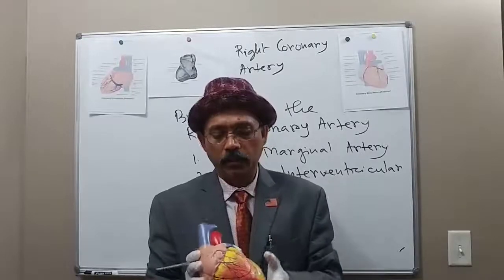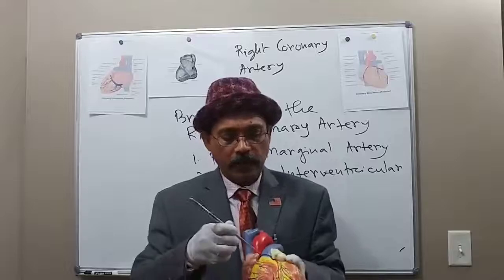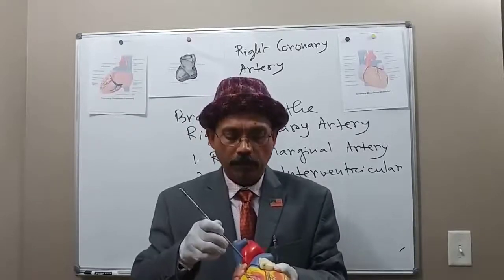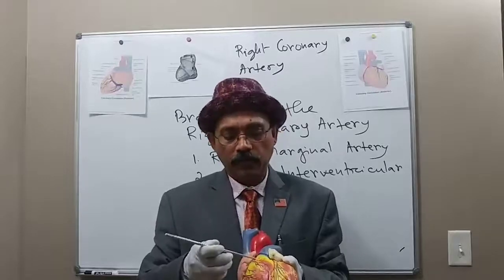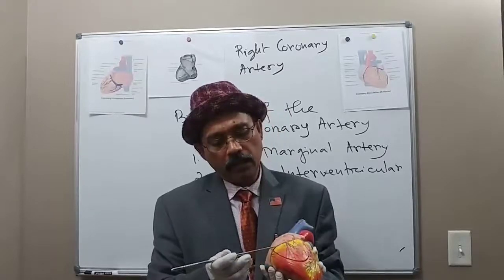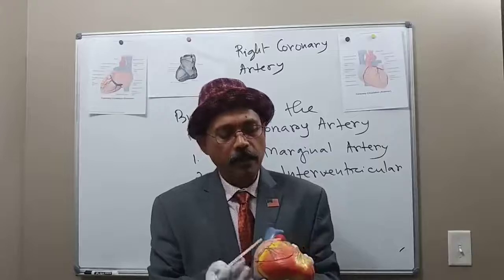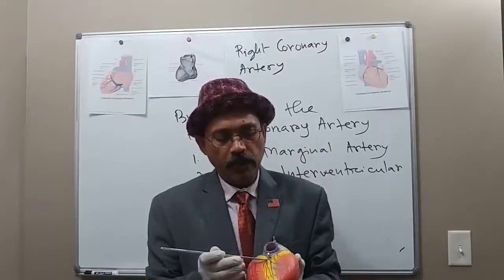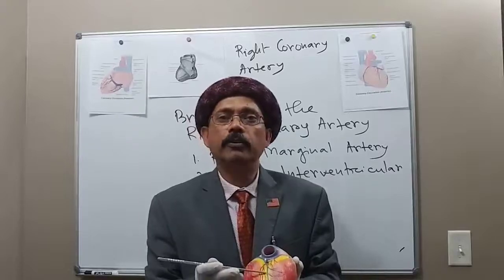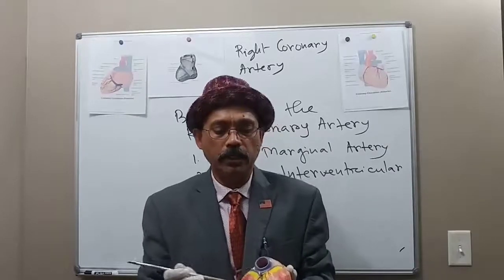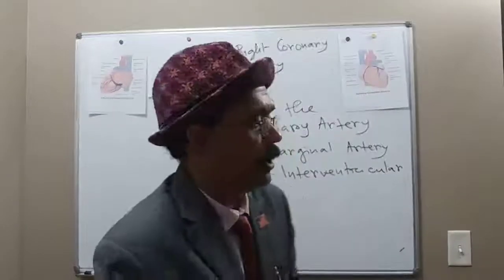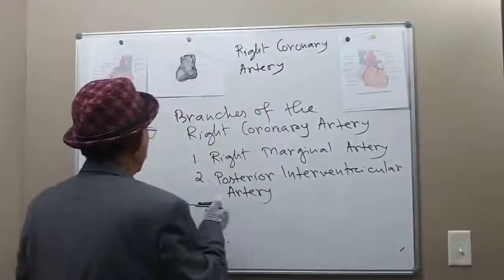This is the right coronary artery, arising from the ascending aorta, from the anterior aortic sinus. It goes posteriorly and gives rise to the posterior interventricular artery. In addition to this artery, the right coronary artery also provides